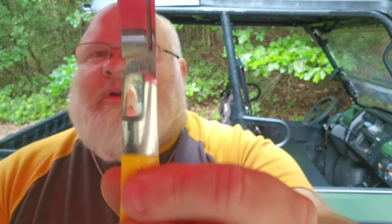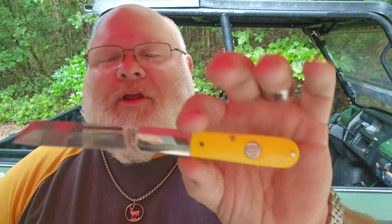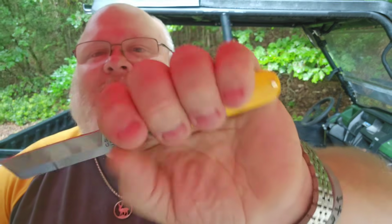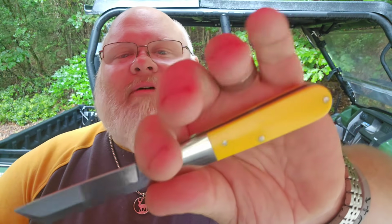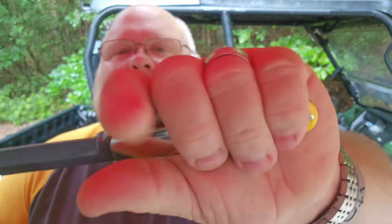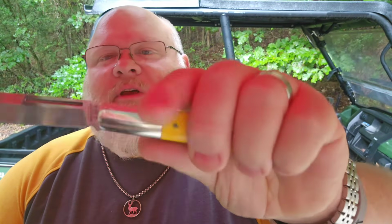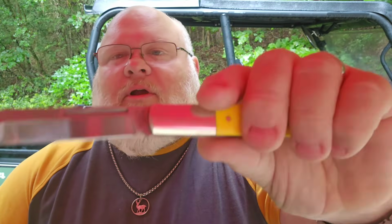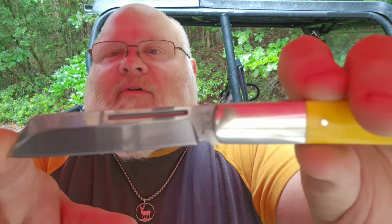Got the long elongated bolster. This is, if I hadn't said it yet, kind of obvious, a Barlow. This is a 4-inch Barlow. So a handful for me. Look at all that we got coming out the back. And if I choke up all the way to the little finger guard, yeah, all that right there. If I just grab it loosey-goosey, still definitely a 4-finger grip on this. Like I said, 4-inch handle and 3-inch blade on this, so you are looking at 7 inches overall. And basically you have a nice